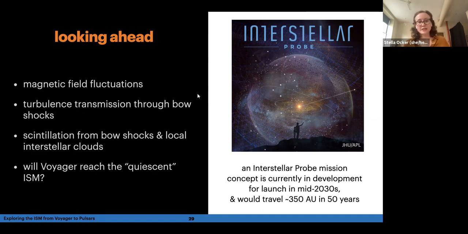It's also still unclear exactly how turbulence gets transmitted through bow shocks and what the origin of these enhanced density fluctuations near stellar bow shocks actually is. And then we're also really interested in better understanding what the propagation effects of bow shocks are, particularly with regards to pulsar scintillation. But something else that I didn't really talk about was that there's really promising work that shows that we can use scintillation arcs of nearby pulsars to actually examine the structure of the local interstellar cloud